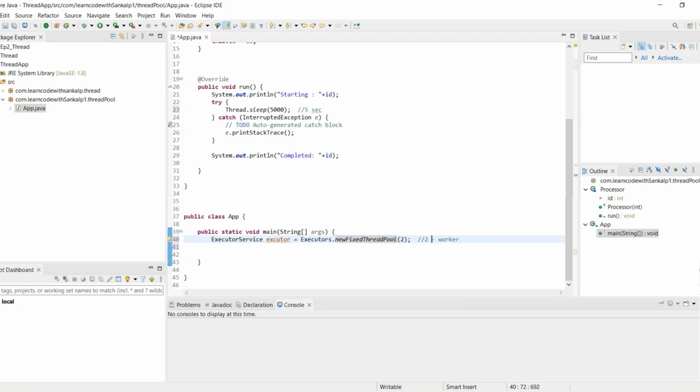Then we add a for loop, with i less than 5 and i plus plus. This 5 means we have 5 tasks. Then we submit them to the executor.